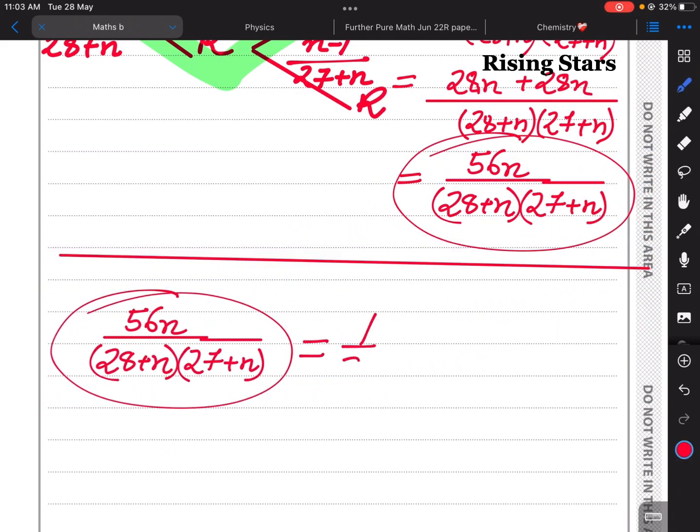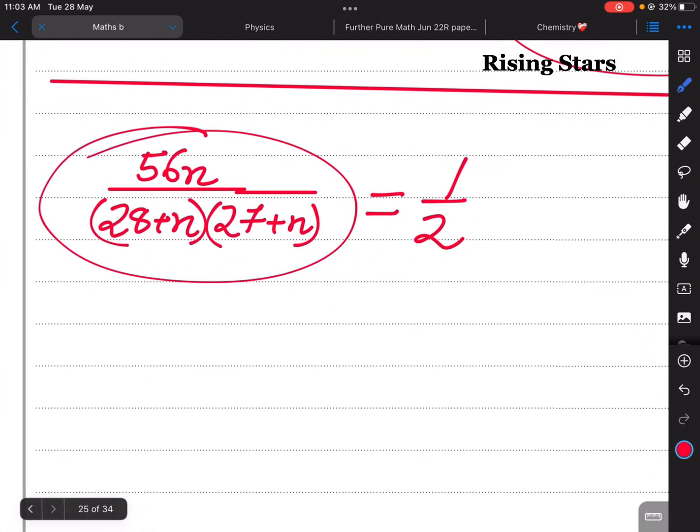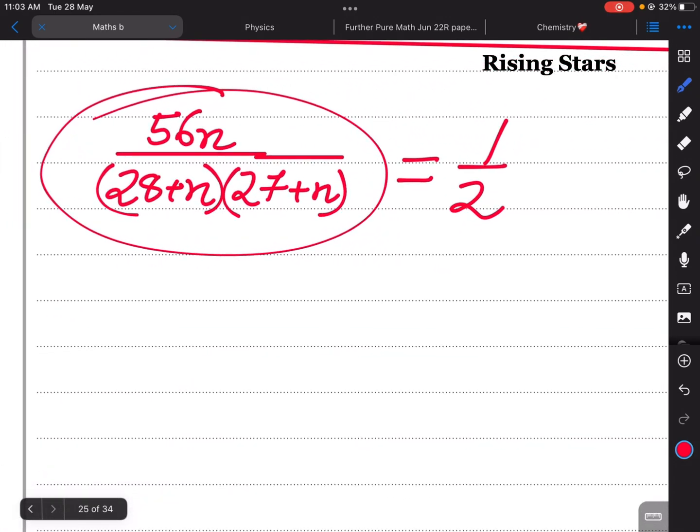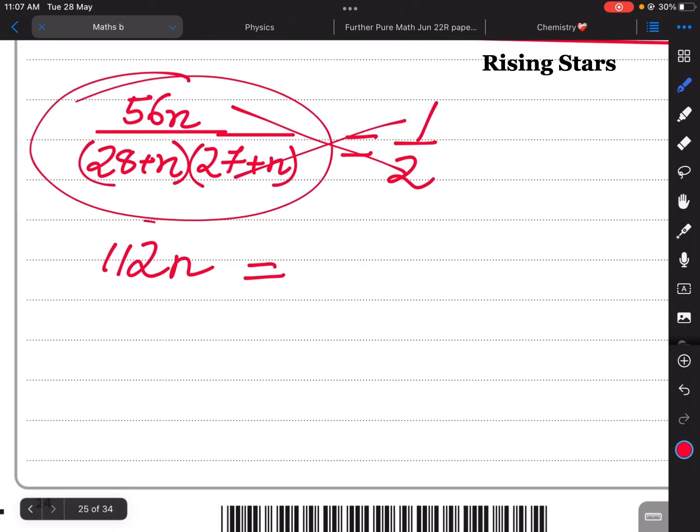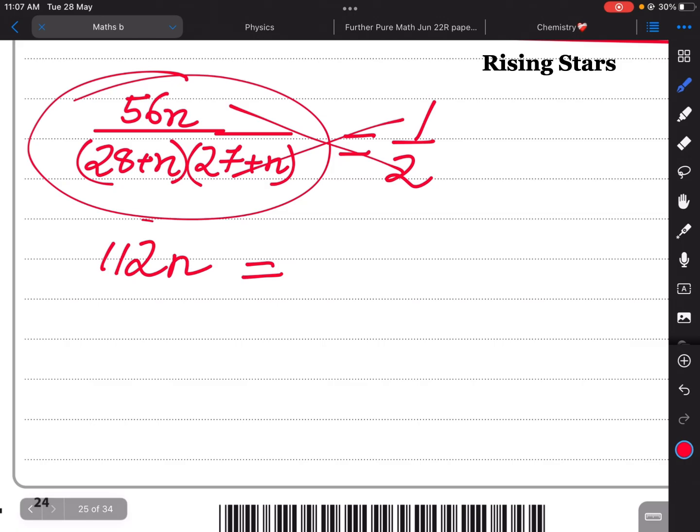20, okay, equals to half. So we just have to cross multiply now. This one multiplies with this one, and this one with this one. If we change this, this will remain unchanged because it's 1. So 56n times 2 is 112n, equals multiplying it with 1. That doesn't make any change, so this stays as it was, 20 plus n,